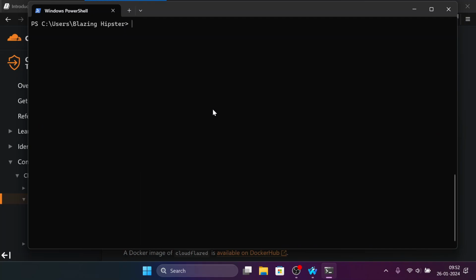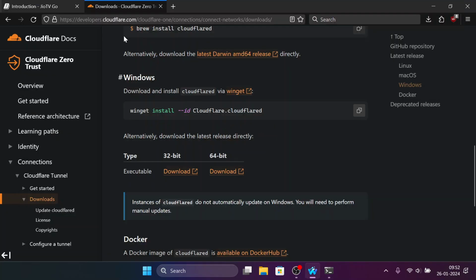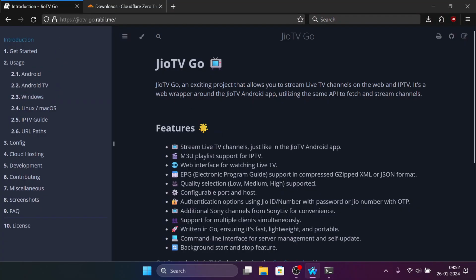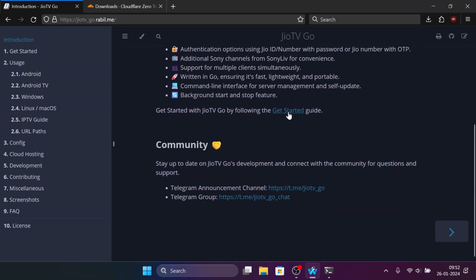And if you want to install on Termux on Android, you can use a simple command called pkg install cloudflared. This will install Cloudflare for you automatically. Now we have installed Cloudflare. We want the server to run, so I'm going to quickly install this server.